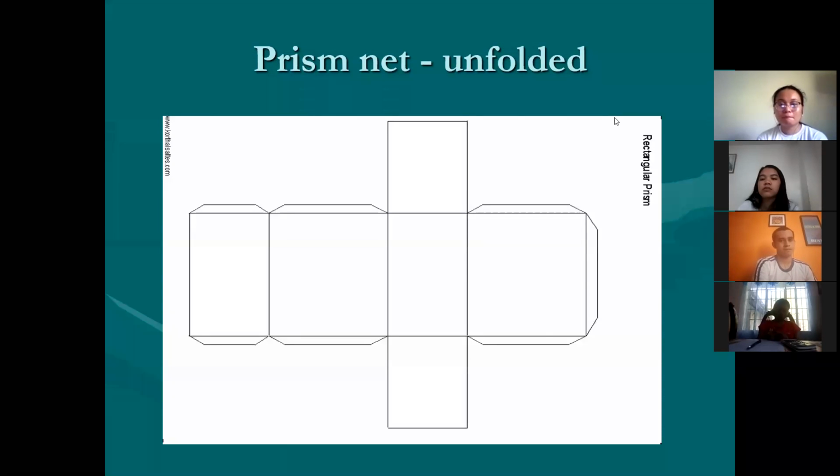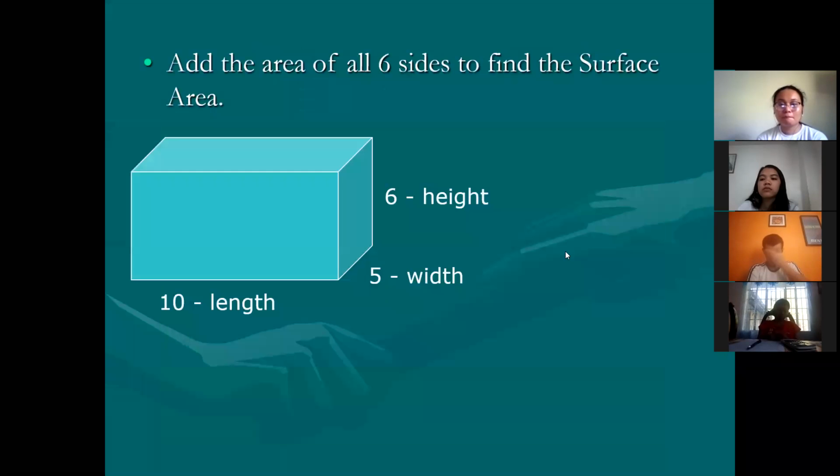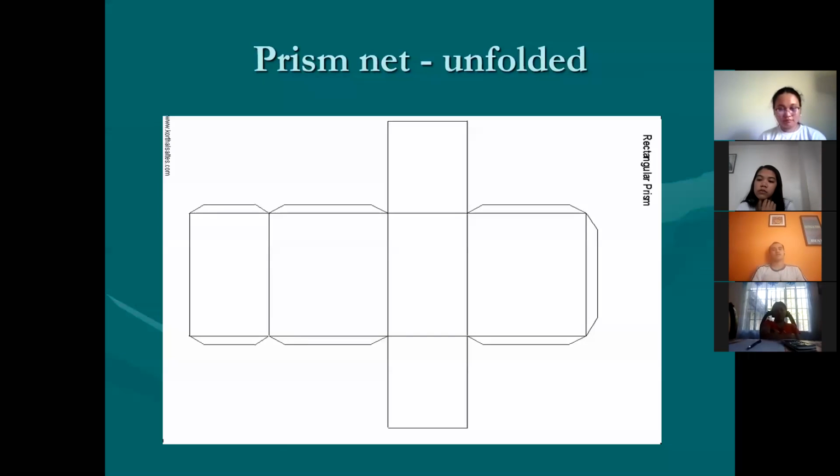So to continue, we have here an example to find the surface area. We have a rectangular prism with the base length 10 units, the base width 5 units, and the height 8 units. If we look at the figure, class, notice that the top and the bottom are the same rectangles. The front and the back are the same. As with the left and the right, the rectangles are the same, right?